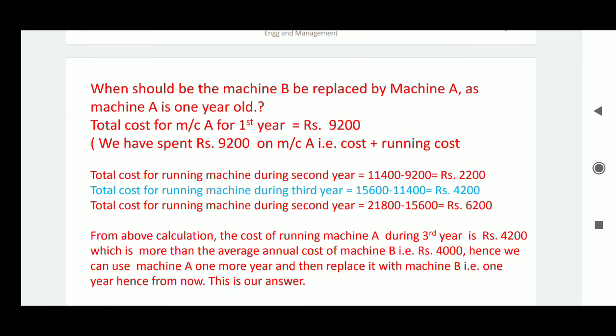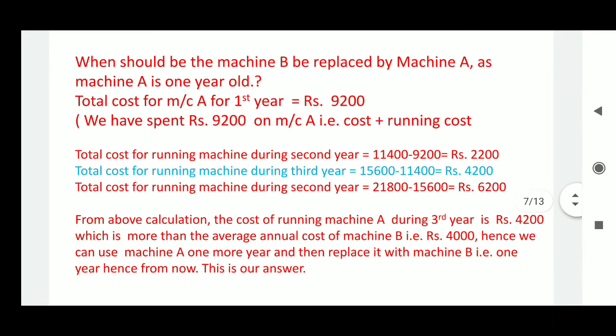Then we have purchased the machinery, so the cost of running that machinery plus the cost of purchasing that machinery, that total cost rupees 9,200, we have paid, we have given up that money. So this is the cost for the first year. Now see, as we have purchased the machinery for the first year, we have paid the money to the supplier. Okay. Now the total cost of running the machine during the second year,